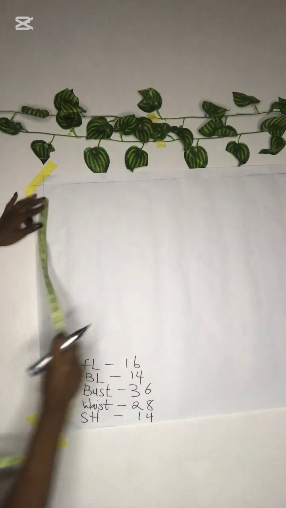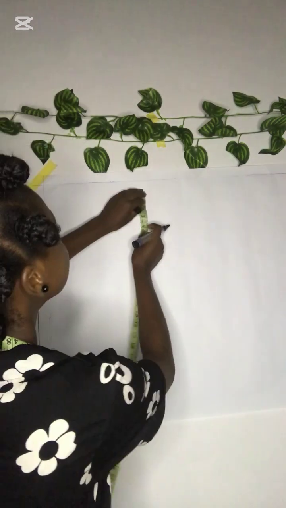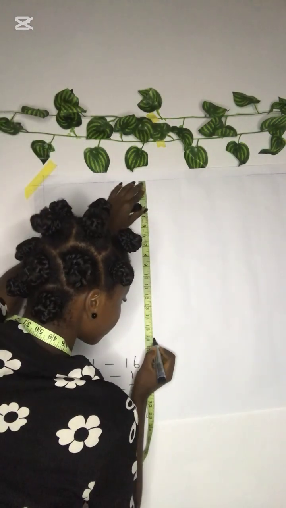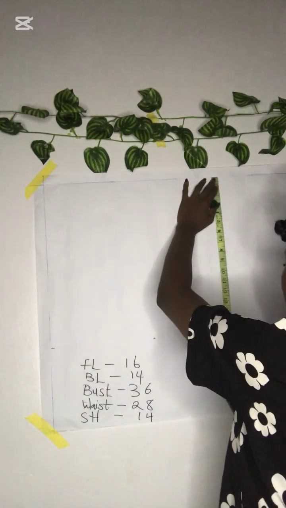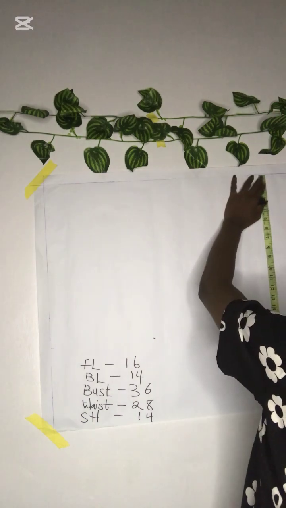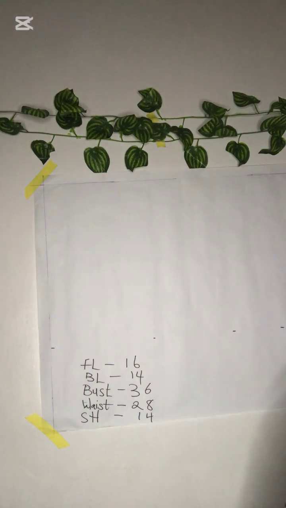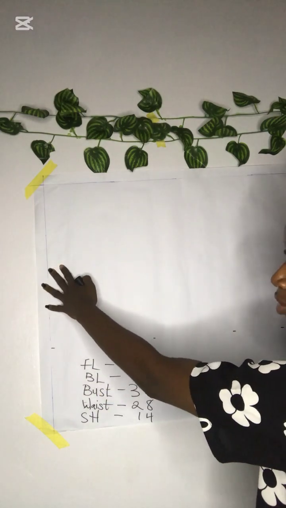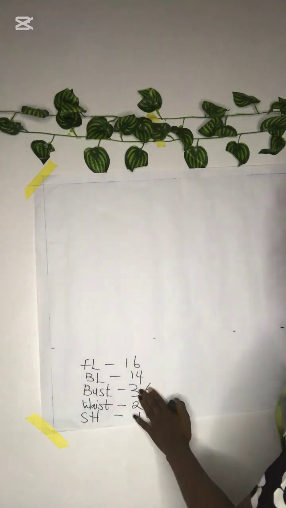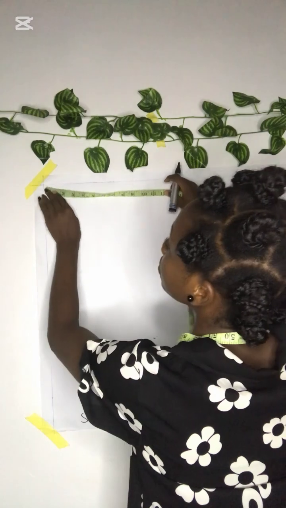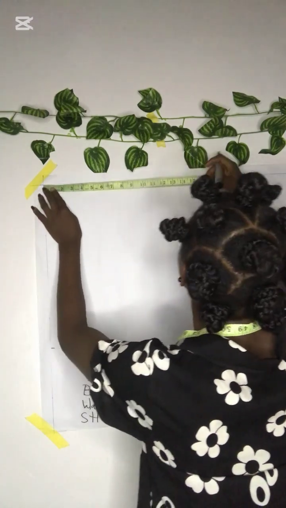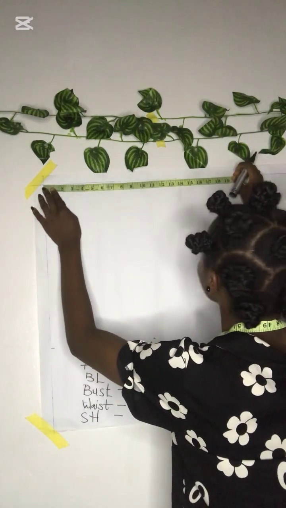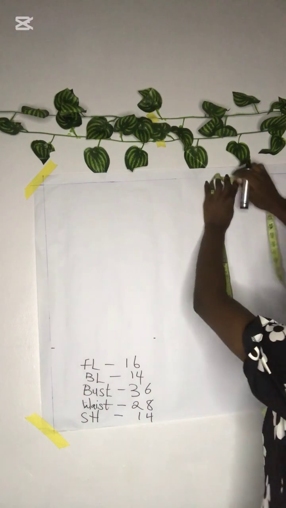I'm just going to mark out 16 because that's the length of our basic body. That's from your shoulder to your waist, your shoulder to waist measurement. So I'm just going to mark it out 16 all the way, and then for the width, that's for the side of the paper, I'm going to use my bust measurement divided by 2, and then for this I'm going to